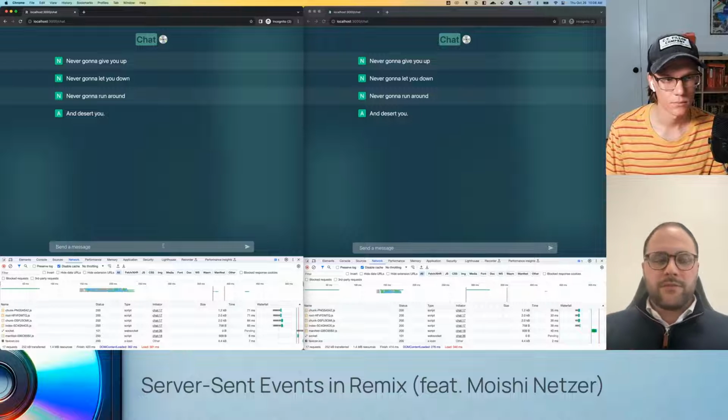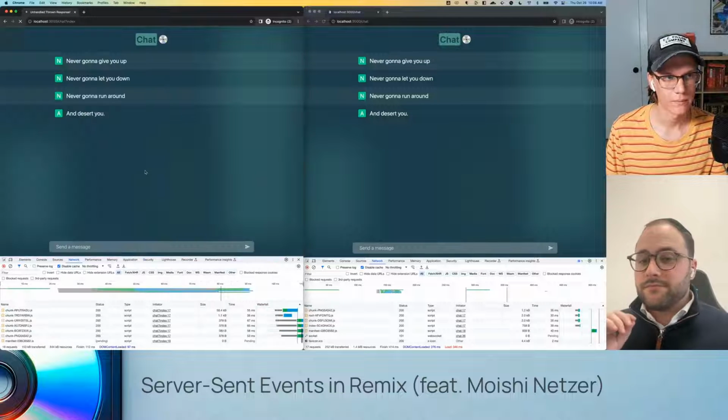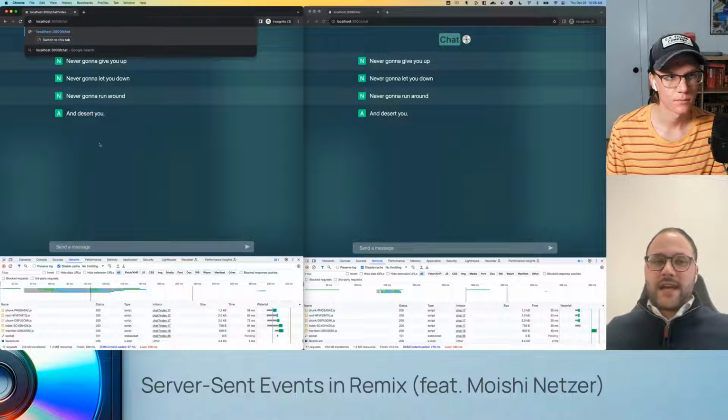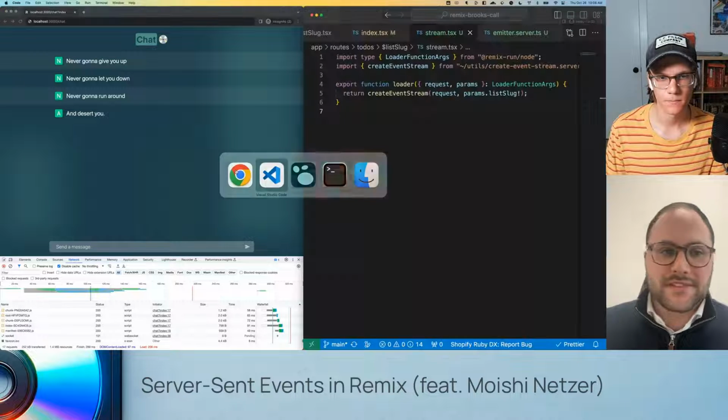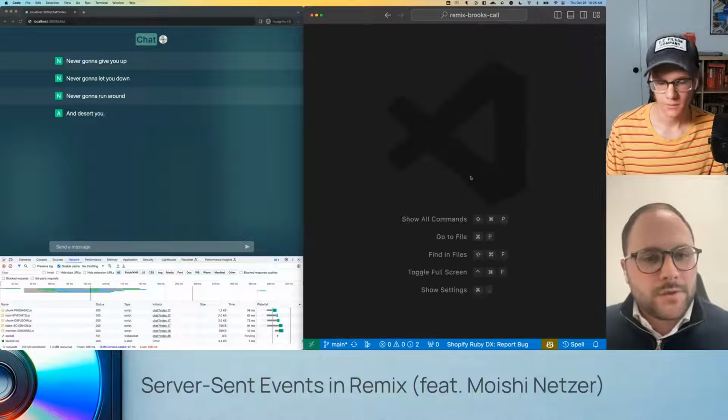And nothing works. I thought it would be fun if we actually code this in Remix. So the action has been implemented, the UI's there, and everything's ready to go. And I think we can pump this out really quickly. All right. So do it.